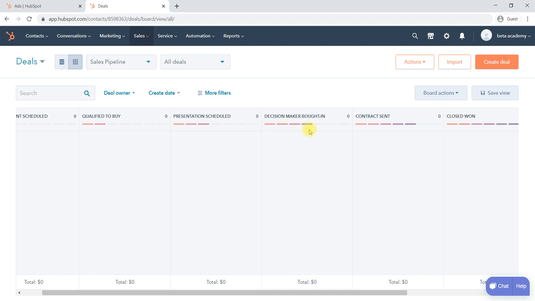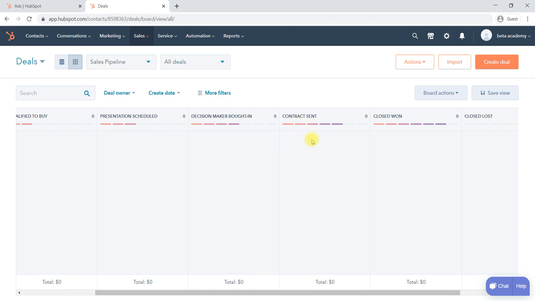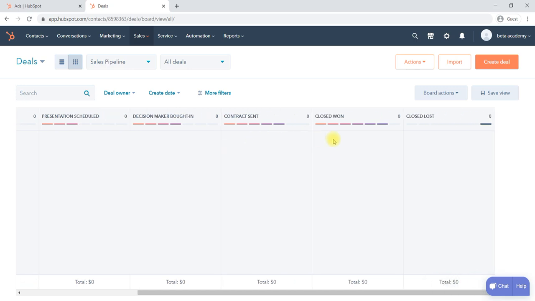He will be taking up the decision maker. In the sense, your closing of the deals will improve if you are moving from one stage to another. Then contract sent, in the sense they have agreed to buy, that is nothing but a purchase order or contract they will send, so 70 to 80% of the job is done. Once the contract is sent, then close. By looking at the contract, you can decide, okay, I would like to close it, that is nothing but a win, as per my requirement he has sent a contract deal.